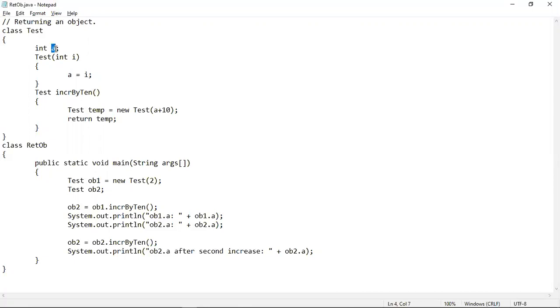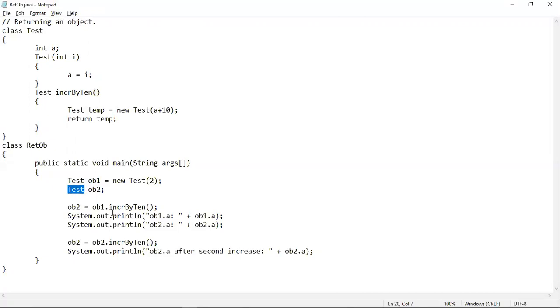Now this A instance variable contains 2 after this statement has been executed. After that, we have taken another statement where we have declared a reference variable of the same class type test. The reference variable name is ob2. So this ob2 is the reference variable of the same class test.